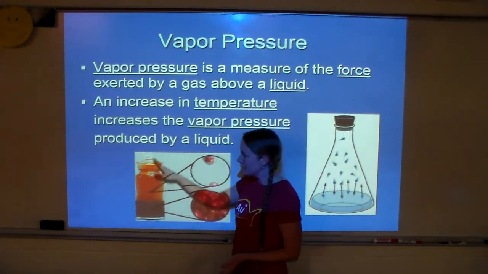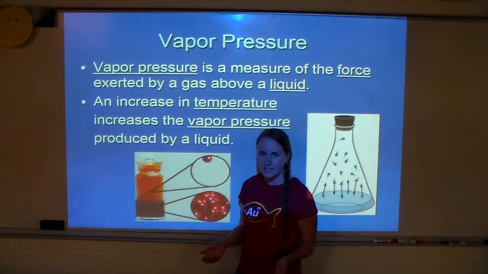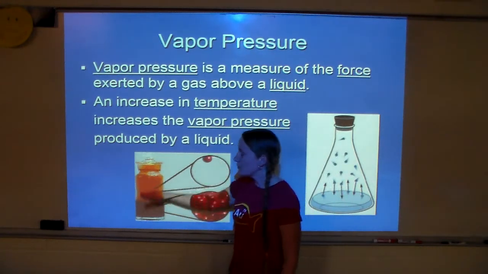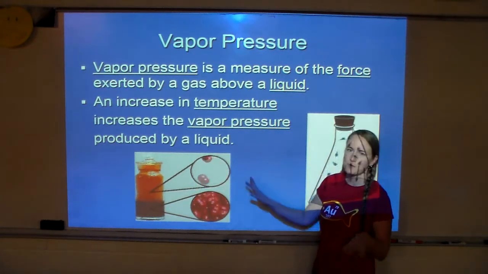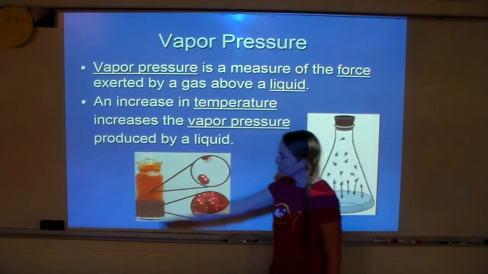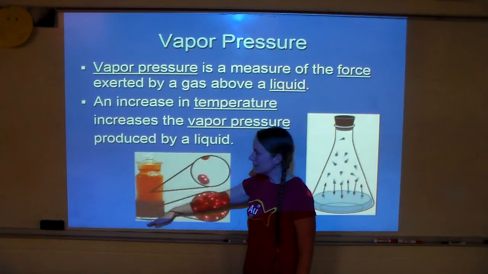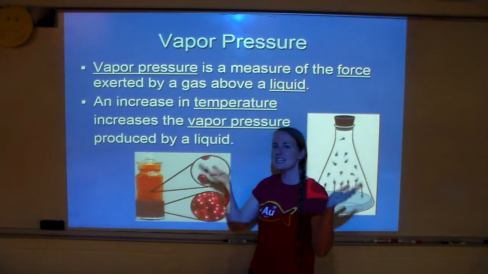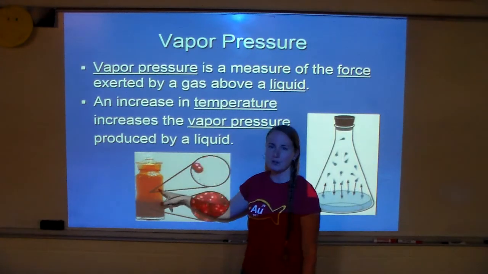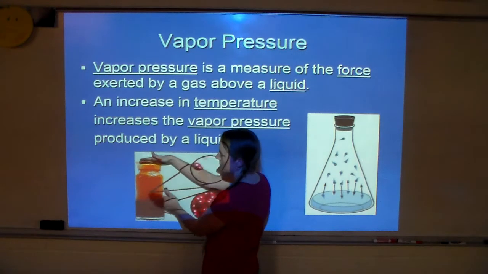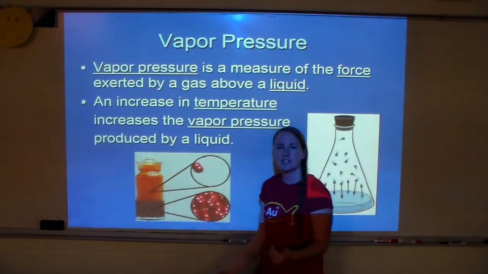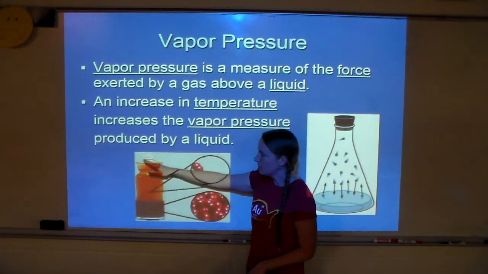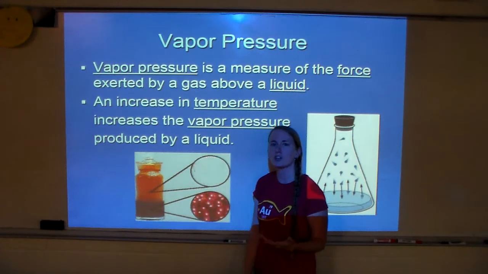All right, so this right here is a flask full of bromine. Bromine is naturally a liquid, but it evaporates into a brownish gas so we can actually see it. That's why I use this picture. So when you put liquid bromine in a container and you close it, eventually it's going to start evaporating. Now with water, we can't really see that process because it's colorless, but with bromine you can. So picture when we first close it, this whole area will be colorless, just like if regular air were in there. And then over time, you'd start seeing a little bit of brown, and then as time passes, it'd get a little bit darker and a little bit darker.